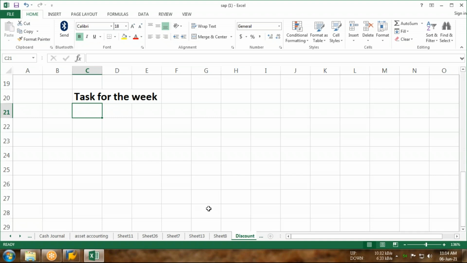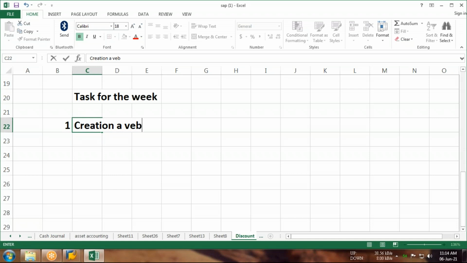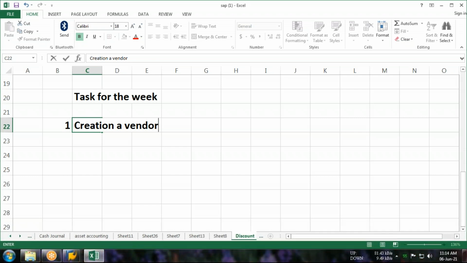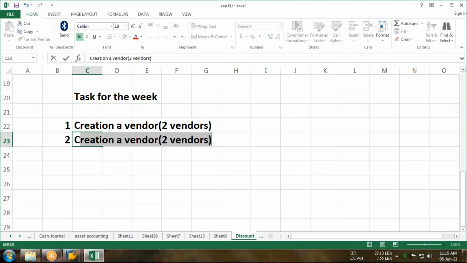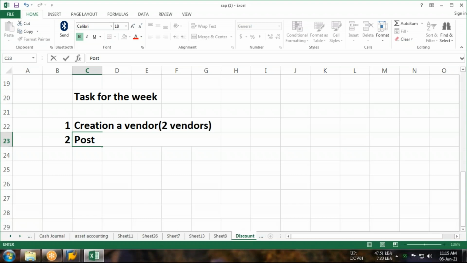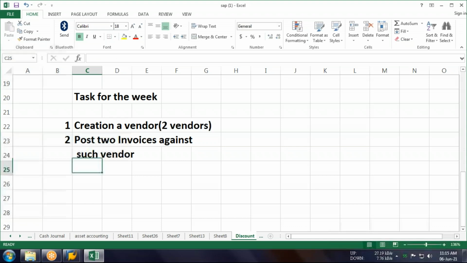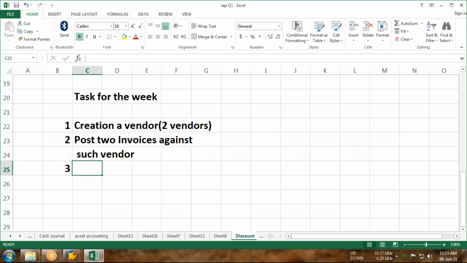Sir, tell us what the tasks are, please let us know. Number 1, creation of vendor. At least 2. Next, post 2 invoices against such vendor.